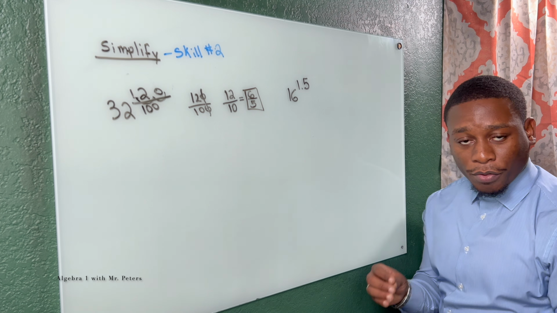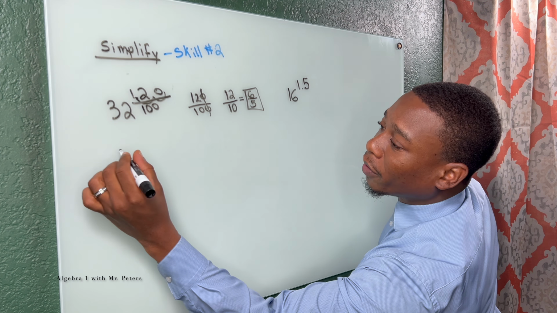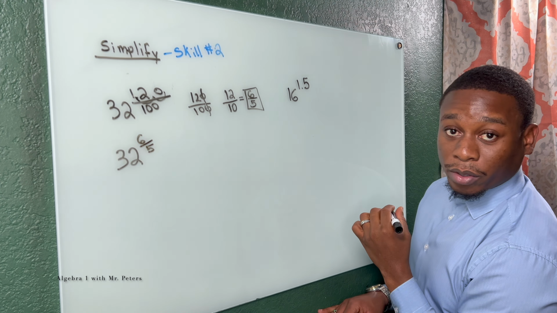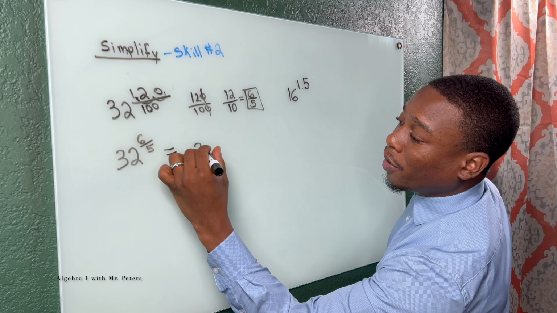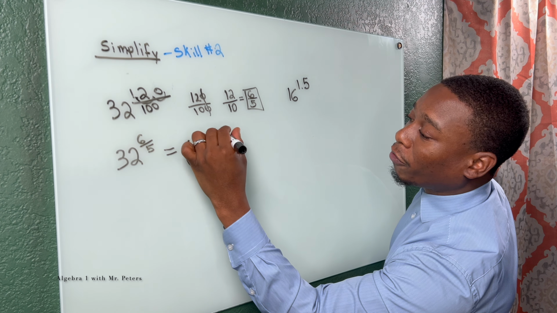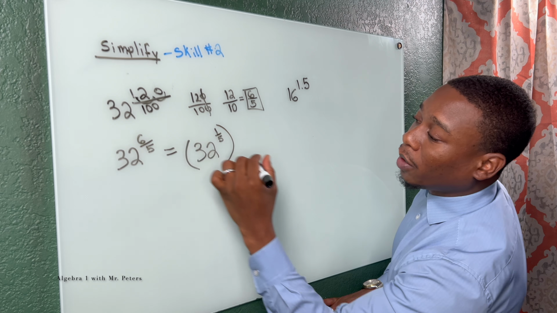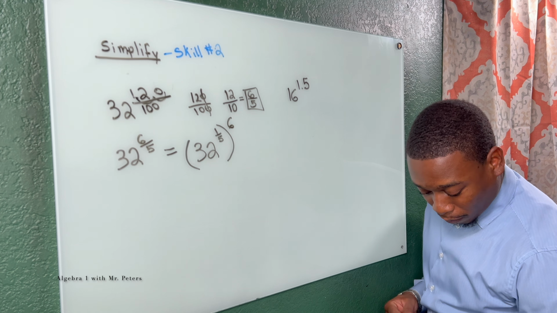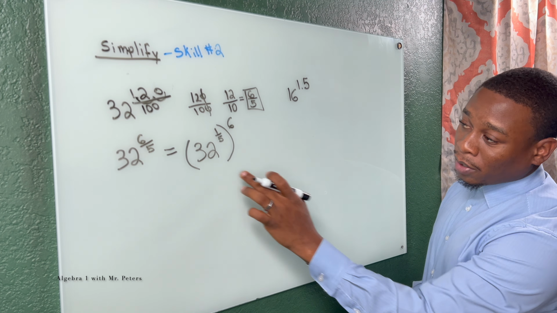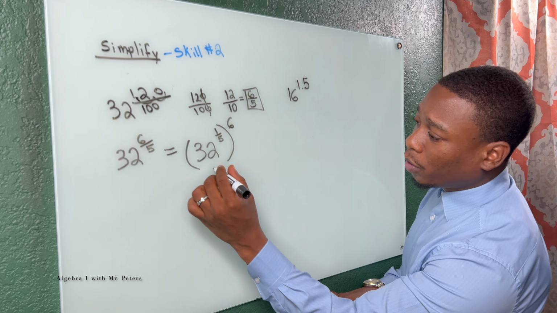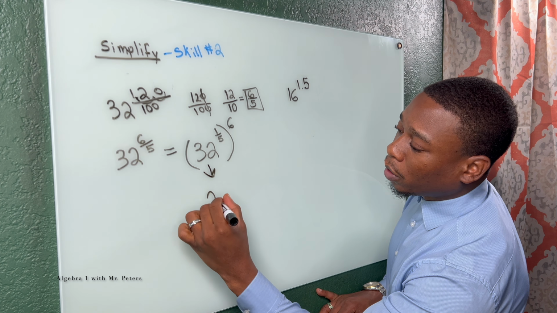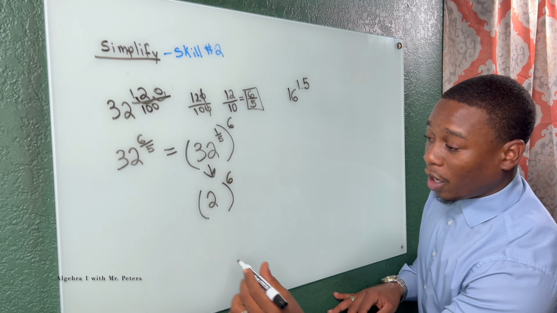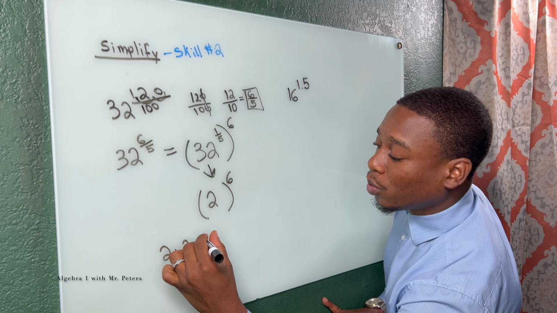So now that I know the fraction, right, we can now simplify this. So we're saying 32 to the 6 over 5 power. So the way that we could do this is say, hey, I could have 32. I could figure out what is the 5th root of 32. Then I could take it to the 6th power. So now once we do this, we know the 5th root of 32 is just 2. And now once I take this to the 6th power, meaning 2 times 2,